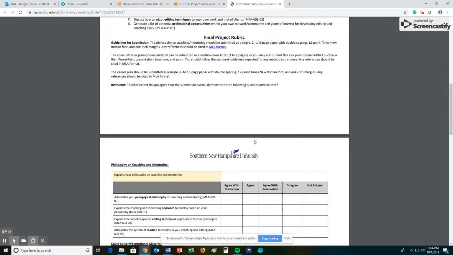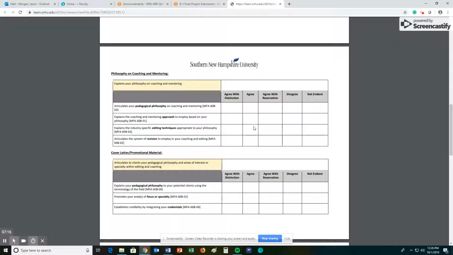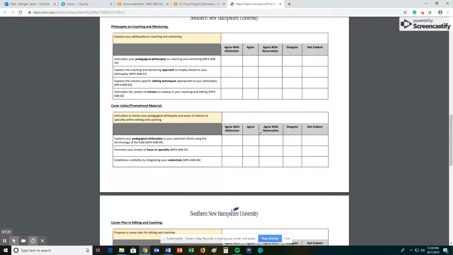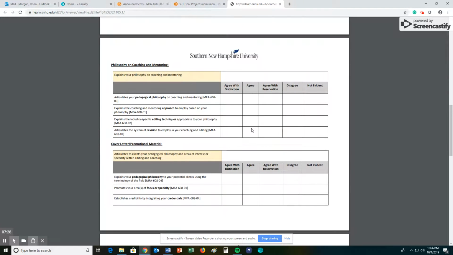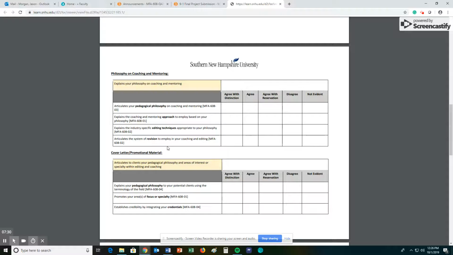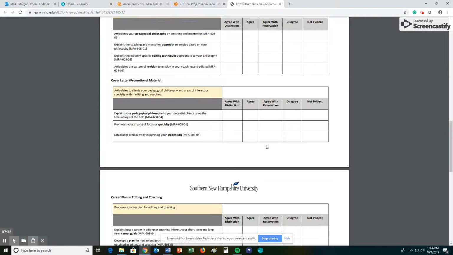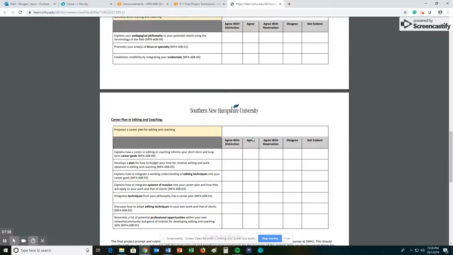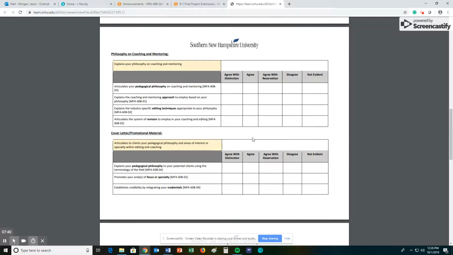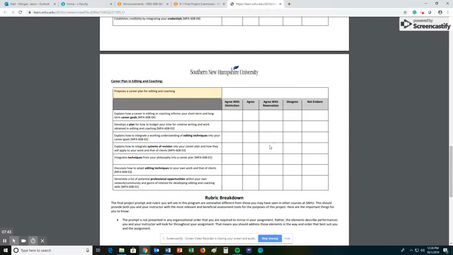I try to be as fair and impartial as I can be, and I try to grade this based on your work, though I do have to make some judgment calls. But for this final project, it's a big deal. So you need to make sure that you are being abundantly clear that you're addressing each one of these points, and you are giving the evidence and the backup to do that. If you simply turn in what you've done before, you will not get an agree with distinction across the board. I will compare what you've done before to what you're doing now.